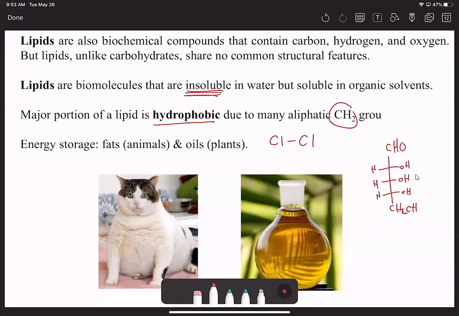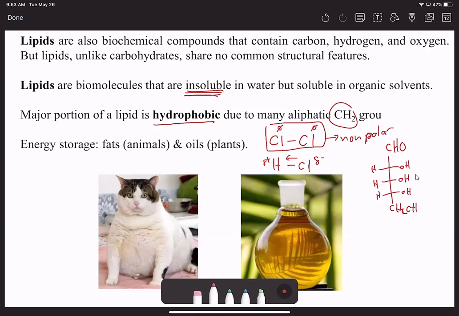We took a look at this bond here. If we remind ourselves what happened here, this is partially negative, this is partially positive, and we have this polarity, and that's what helps this dissolve in water. But here we don't have that. There's no partially positive, partially negative, and if we remember anything, this is a non-polar